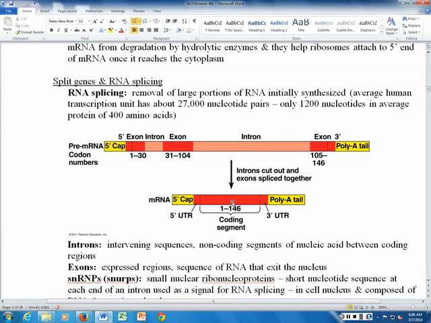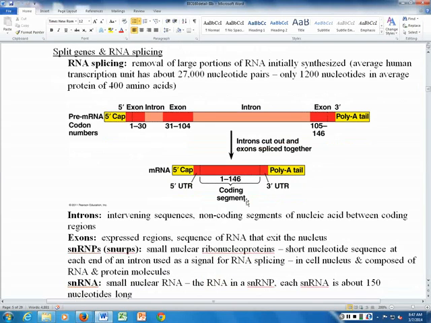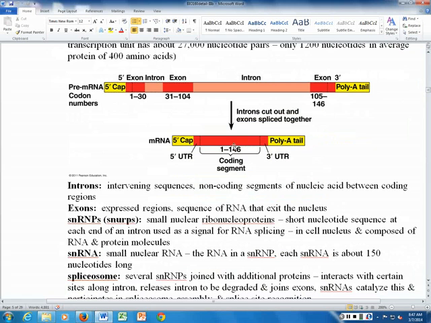So we're not really as fancy as we thought we were. The genes are only about 1.5% of the DNA. So you do have lots of these other regions that regulate it. So you've got what we call these introns, which are intervening sequences, and then the exons are the expressed sequences. And so you can actually remove the introns, and then you splice together the exons, and that's what makes your coding segment. But what can happen with that is,